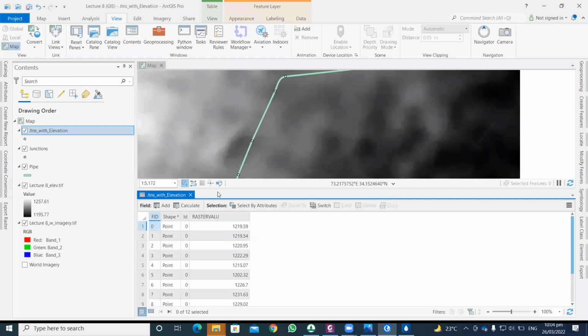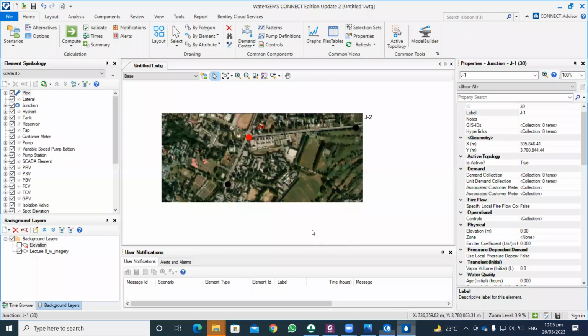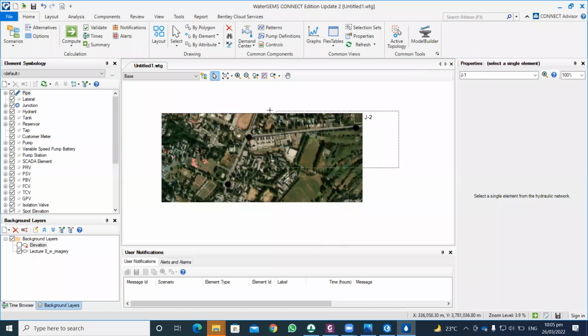So how to import these? For example, if you want to import these pipes and junctions in WaterGEMS, then how to import these files in WaterGEMS? So you will use the model builder. First of all, I want to delete